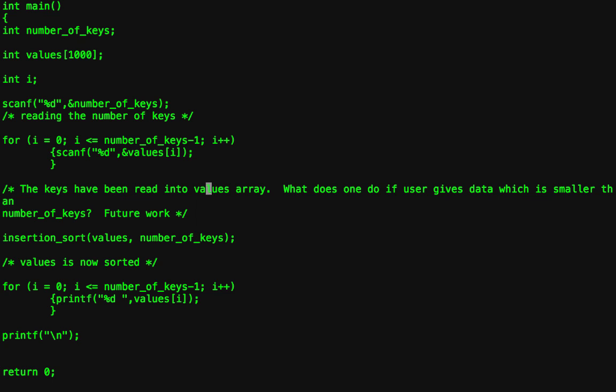And as you do this, I am sure some of you will ask questions like, what happens if the user gives data which is smaller than the number of keys? What if the number of values which are given in the input is more than the value of number of keys, and so on? That is a remark that I have put in saying that this is considered to be future work. And now we make a function call to the function insertion sort,